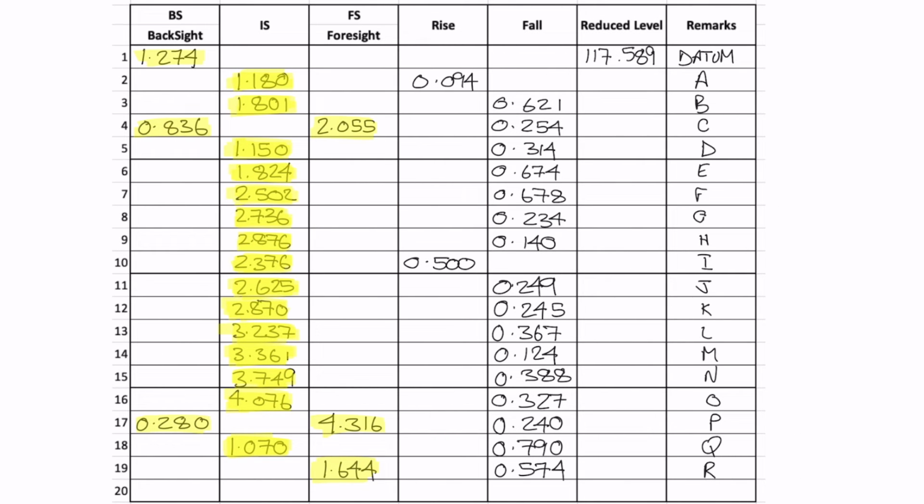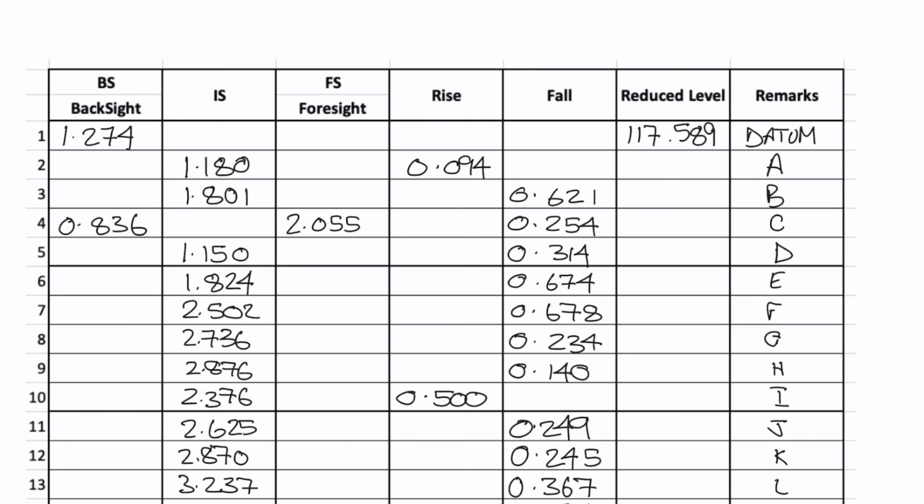The rise and fall columns have now been completed for the set of measurements. To work out the reduced level at each of the points, we start with our first reduced level and either add on a rise value to calculate the next reduced level or subtract a fall value to work out the reduced level. In this case, for point A, we have a rise, so we add this value to our current reduced level to get